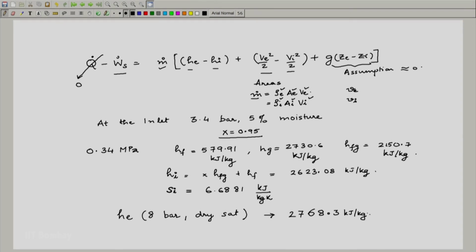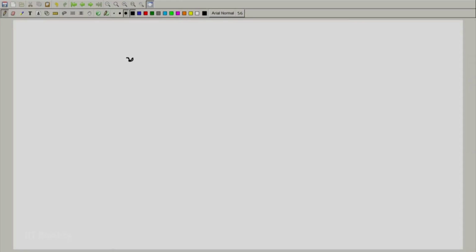On a similar note, we can go ahead and calculate specific volume at the inlet and specific volume at the exit. At the exit, vE is directly given as 0.24034 meter cube per kg from the steam tables, whereas vI, again we use the same interpolation method and go ahead and complete the calculation. I am not doing it here. It is 0.51176 meter cube per kg,